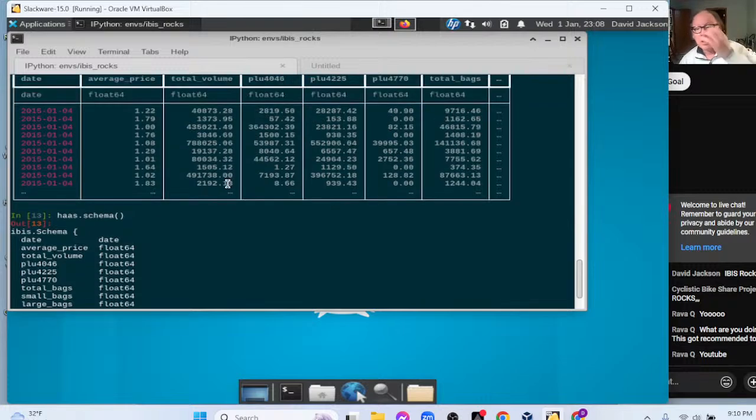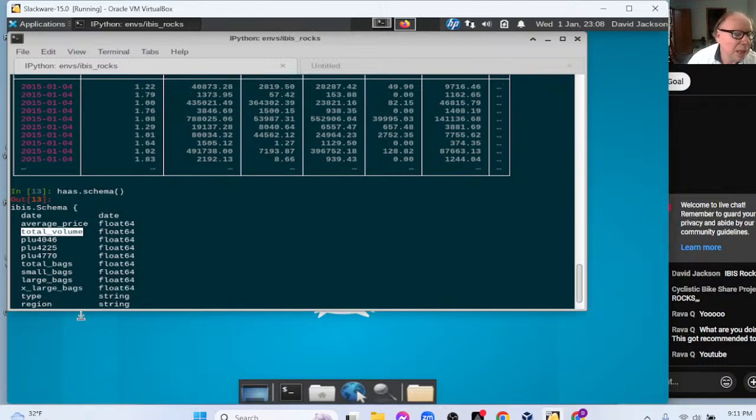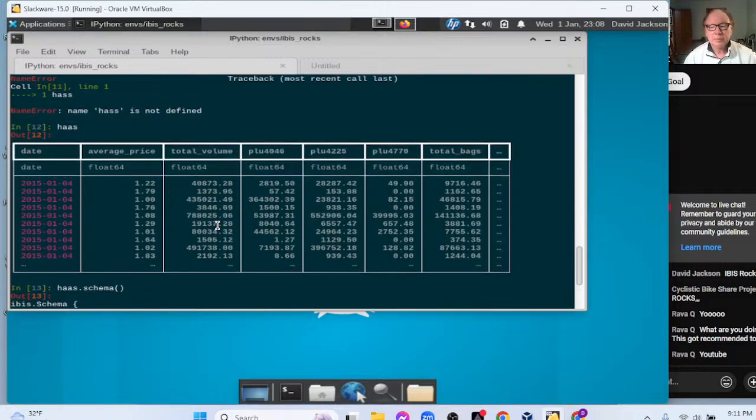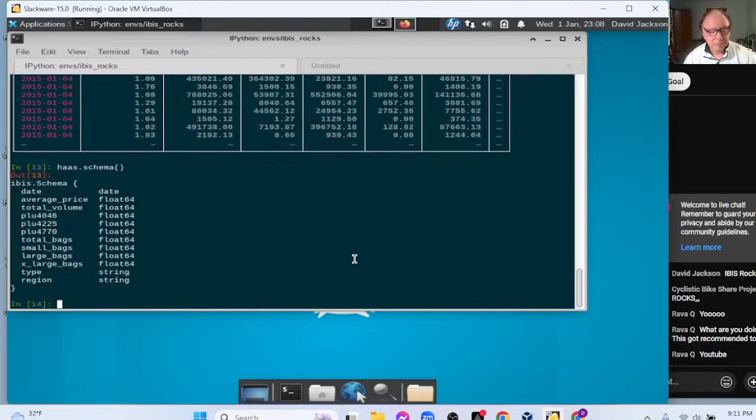So next time we actually want to take a look at the schema. And the only columns we're interested in are date, total volume, let's see, type and region, okay?